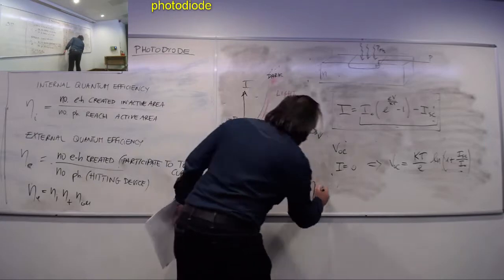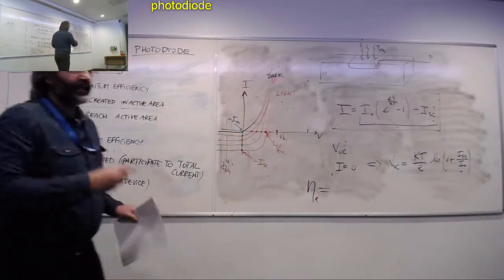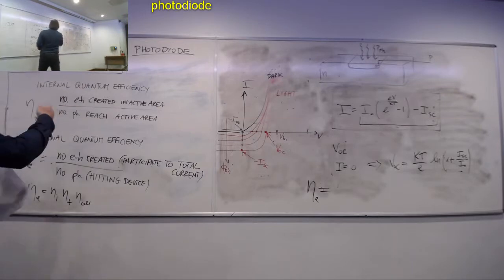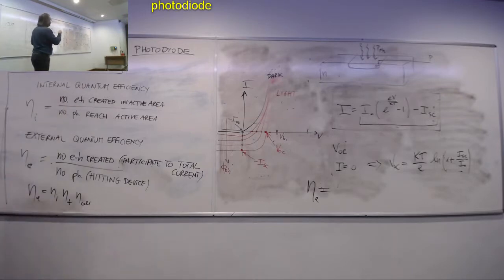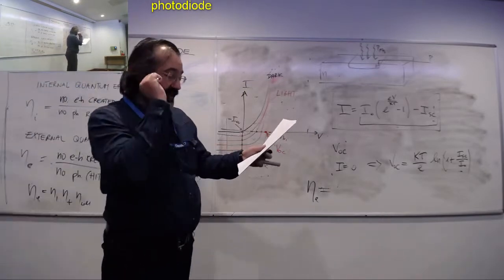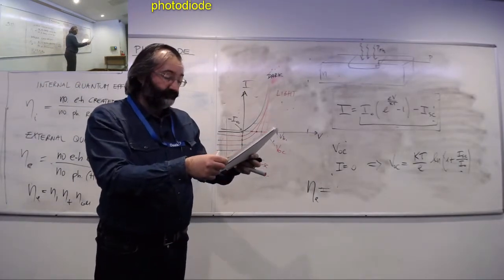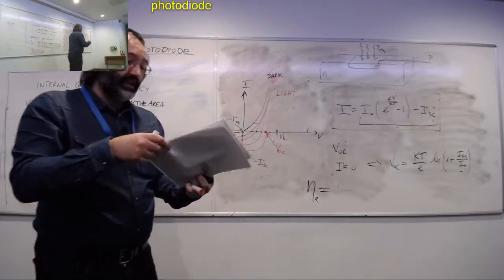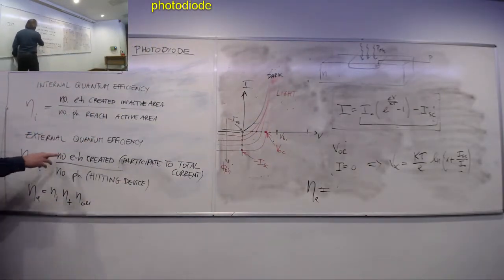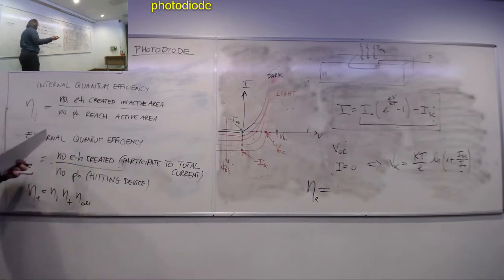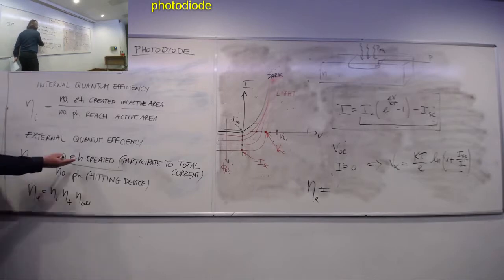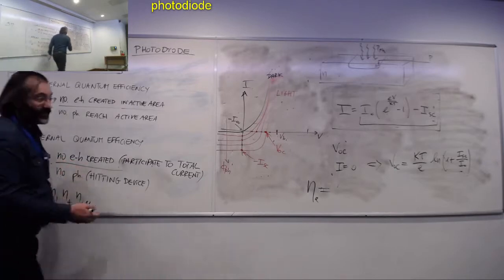We can look for a relation between eta E, the external quantum efficiency for light absorption, and the parameters of the photodiode of the device. So what do we need here? So eta E is the number of electrons and holes created, so that generate the current. So clearly this is related to ISC. This is ISC